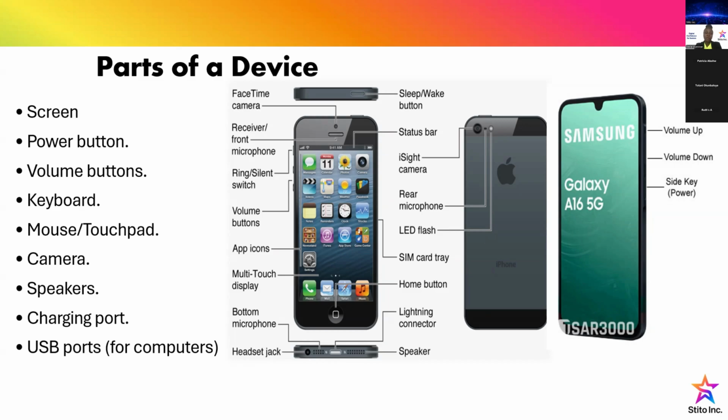We have keyboard or touchpad or mouse or touch screen, depending on the gadget you are using. If you are using a computer, a smartphone, an iPad, or let me say a tablet of any sort, you either use a physical keyboard or a keyboard that is embedded in your gadget that you touch to type, as we do.